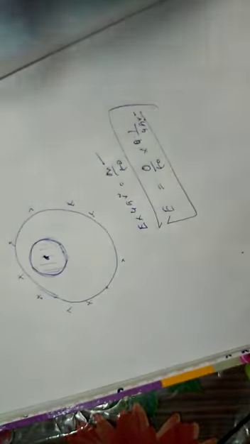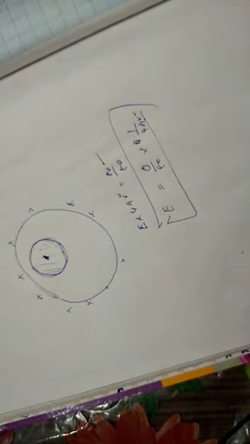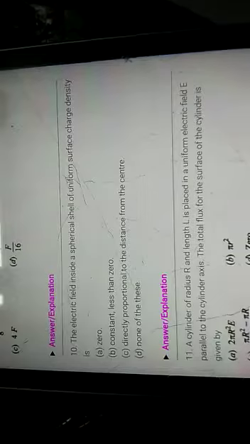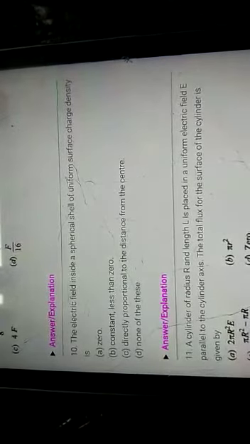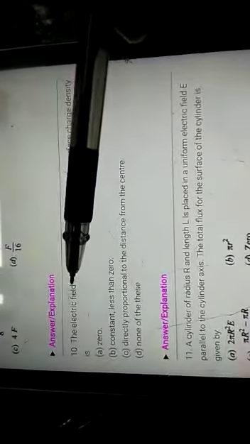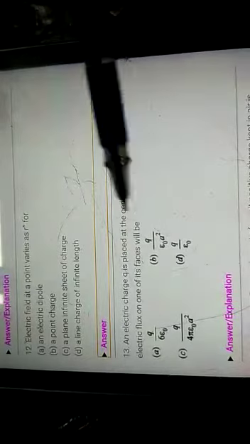Okay, so your option will be A. Electric field inside a spherical shell of uniform surface charge density is 0. Now here again question number 13, a very common question. Electric charge Q is placed at the center of a cube of side A. The electric flux through one face will be